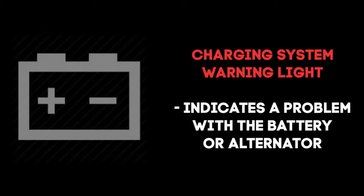Your anti-locking brake system operates by preventing the wheels from locking up during braking and maintaining traction with the road surface. When this light comes on, your vehicle may not handle stopping on slippery surfaces like it is designed to under heavy braking. The charging system light will illuminate when the vehicle control system detects a problem with either the